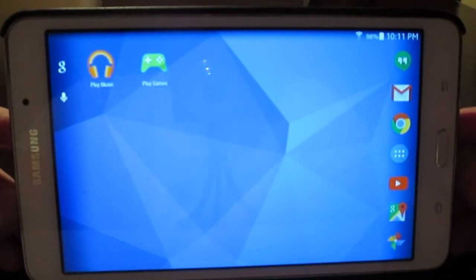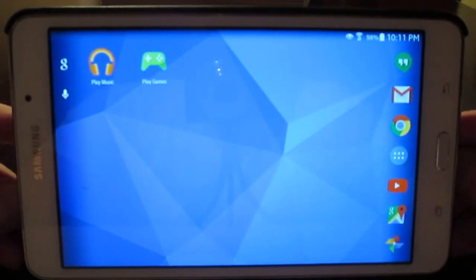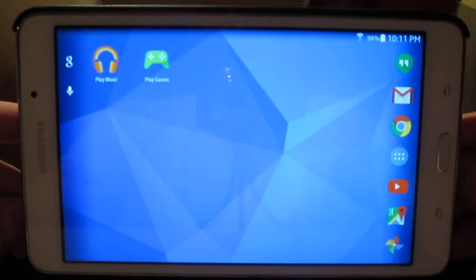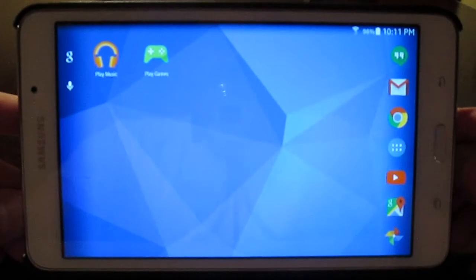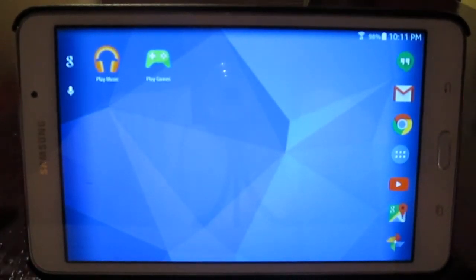This is my first tablet. I did buy the HP TouchPad a few years ago when it came out and was basically discontinued the day after it was released. Got one of those for $100 and put it to some good use, but I decided I needed something more up to date. So I shopped around for a little bit, did a little research, decided on the Galaxy Tab 4 7-inch,